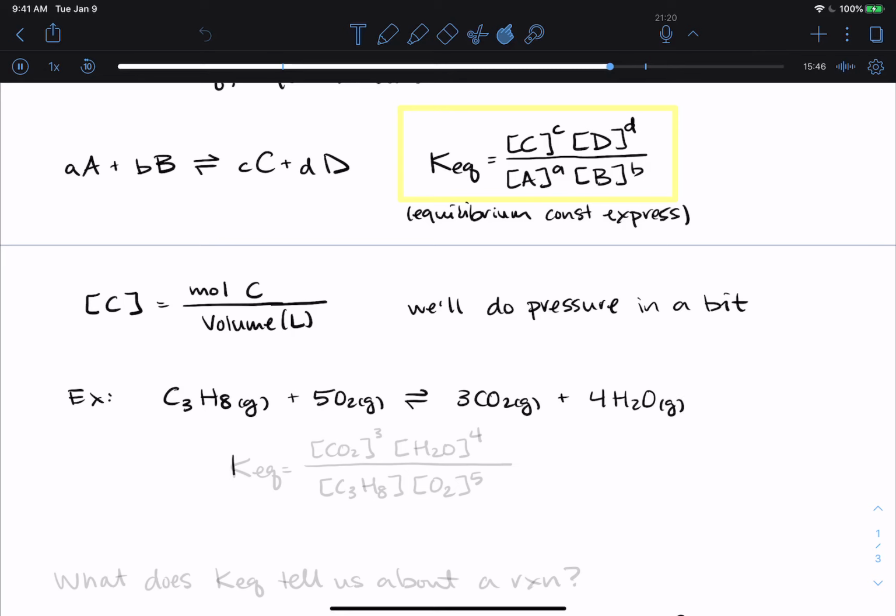The equilibrium constant expression is products over reactants, so it's the concentration of CO2, and that coefficient is 3,